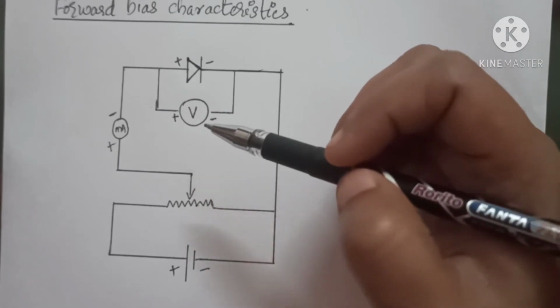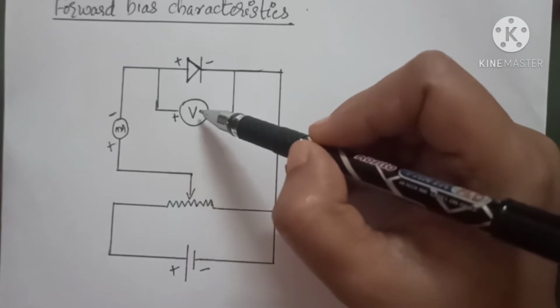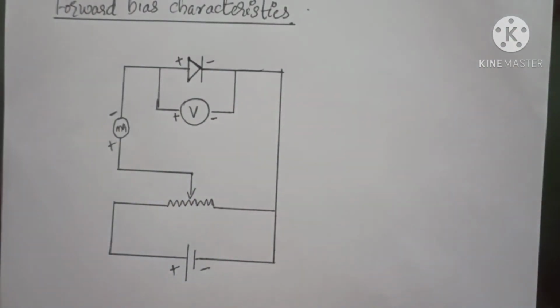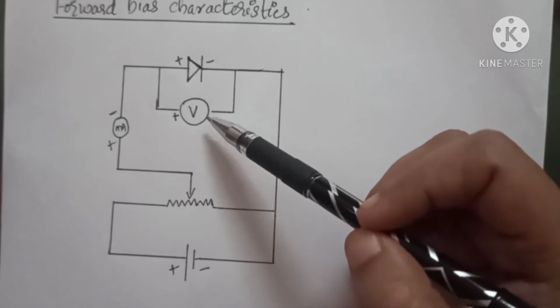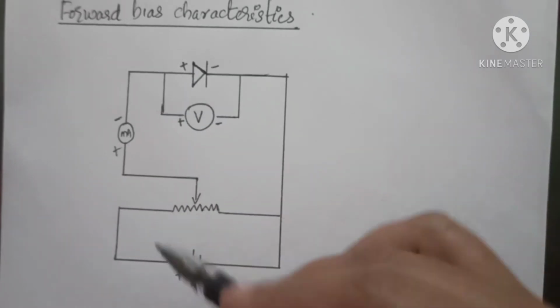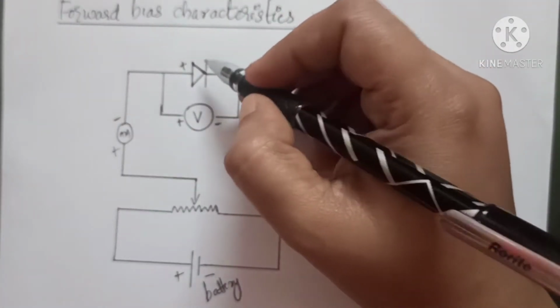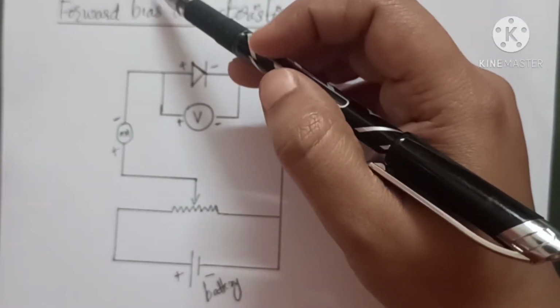But here what is happening is, when we draw a graph, a graph is plotted between this voltage and current. So after drawing the graph, we will discuss. You understood this much? So this is a circuit diagram for studying the forward biased characteristics, and in this diagram you can see milliammeter is there, then a voltmeter, then battery, rheostat. Now the diode is connected here. So positive of the diode is connected to positive terminal of the battery. That is what we call forward bias.